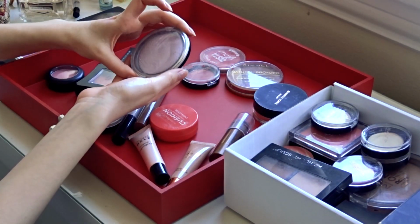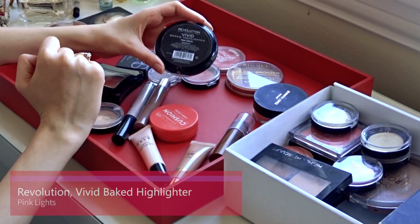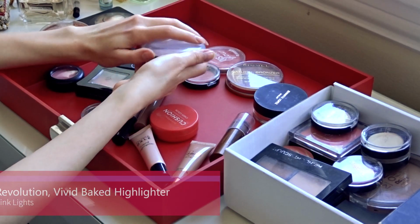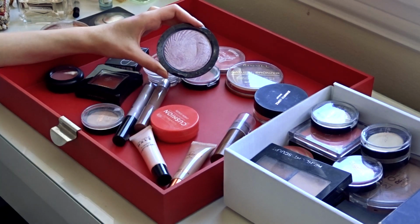Next thing we have this highlighter from Makeup Revolution, Vivid Baked Highlighter, and this is extremely old, so I'm not even sure if you can find it anymore. As you can see, it's in a pretty bad state. I really liked this at the time. It was a bit too cool toned and purple for my skin to look natural, but it looked very beautiful on my skin. So as I've mentioned before, I did have tremendous success with Makeup Revolution's blushes and highlighters before,